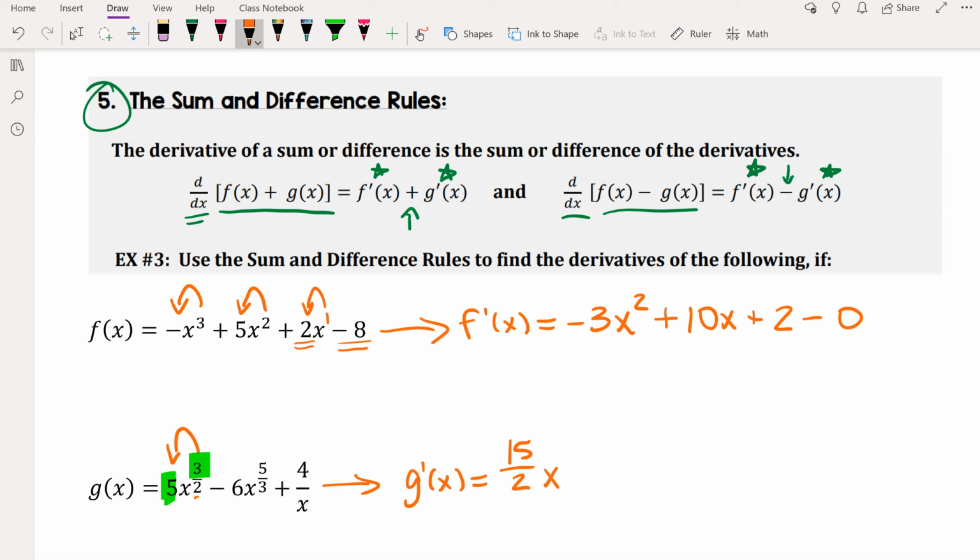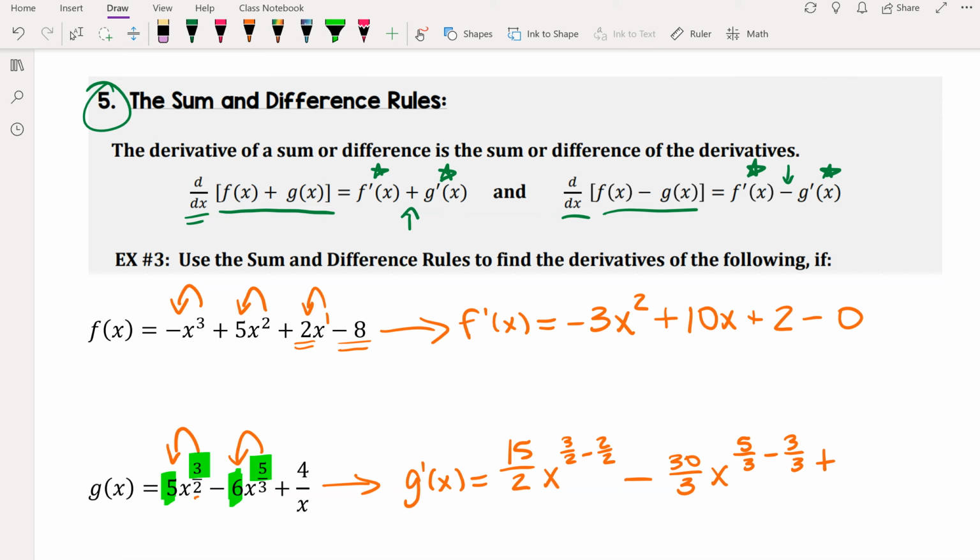And then we have x to the 3 halves minus 1. So 3 halves minus 2 halves. I'm just going to leave it like this for now, and then we'll simplify. Minus, let's multiply the 6 and the 5. So we have 30 over 3. We'll simplify in a second. X to the 5/3 minus 1, which is 3/3, plus,